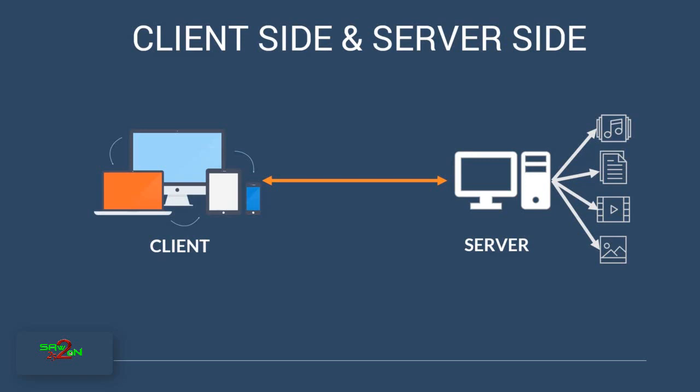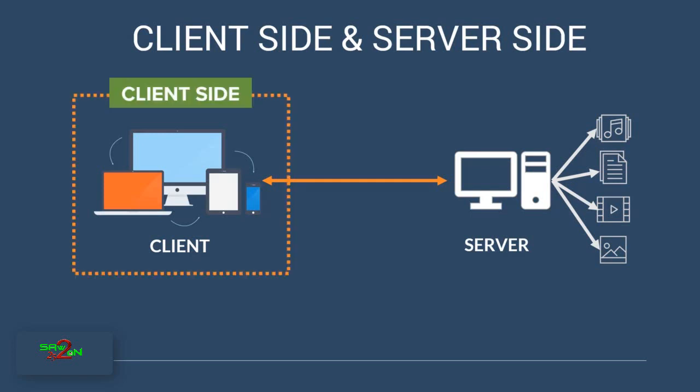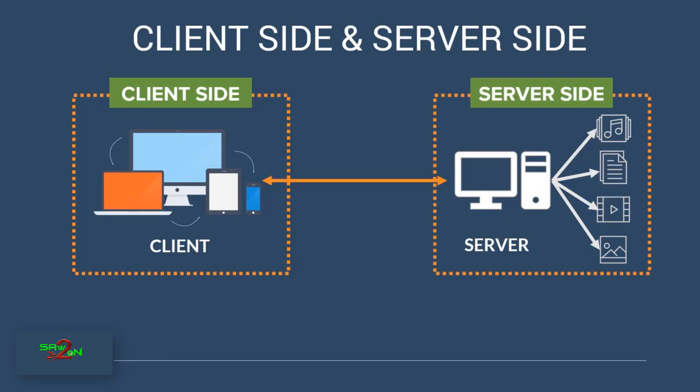So let's look at the two terms that we use in describing this model. One is client side and one is server side. From the definition here, the client side is all the left hand side, could be your computer, your iPad, your phone, your laptop. It is called client side because it is the one requesting the information. And the right hand side is the server side, which has all the resources and takes the request and gives us all the information that we have requested. So that's your client side and server side terminology.